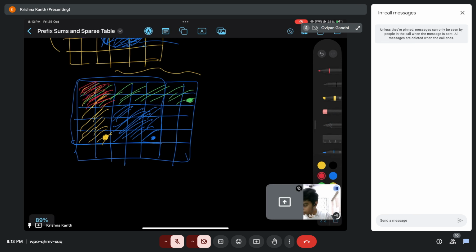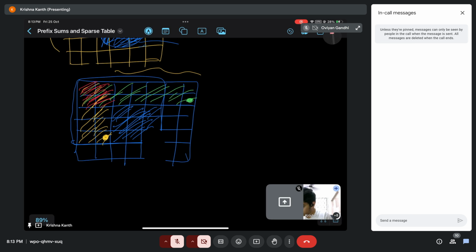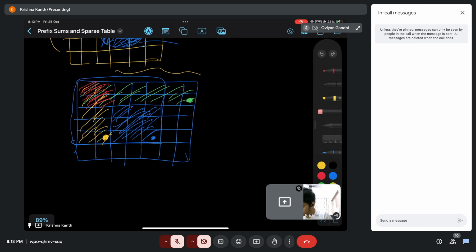So to summarize, to calculate the sum of this blue color subarray, we would first add this blue part, this blue cell, and then subtract the yellow cell, subtract the green cell, and then add the red cell. So then effectively you will just be